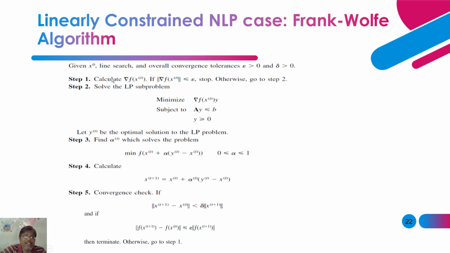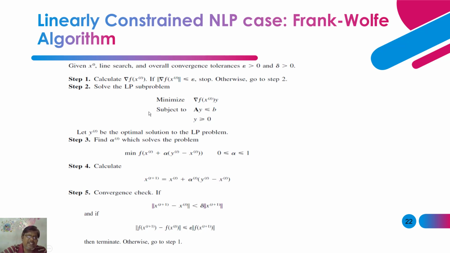So this goes something like this. Given x naught, a line search, an overall convergence tolerance epsilon, and a fixed step size greater than 0, calculate your del f, and if del of f is less than epsilon, stop; otherwise go to step number 2. Solve the LP subproblem and find alpha which solves the problem. Then calculate the new points and check whether convergence is there or not. If convergence is there, you terminate. If not, go to step number 1 and then do this